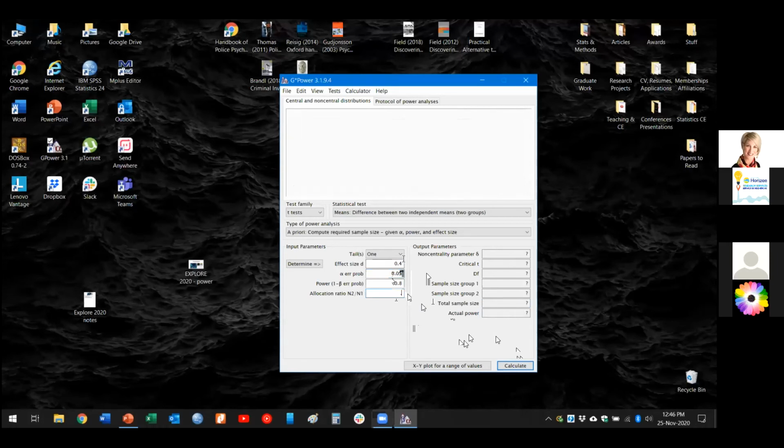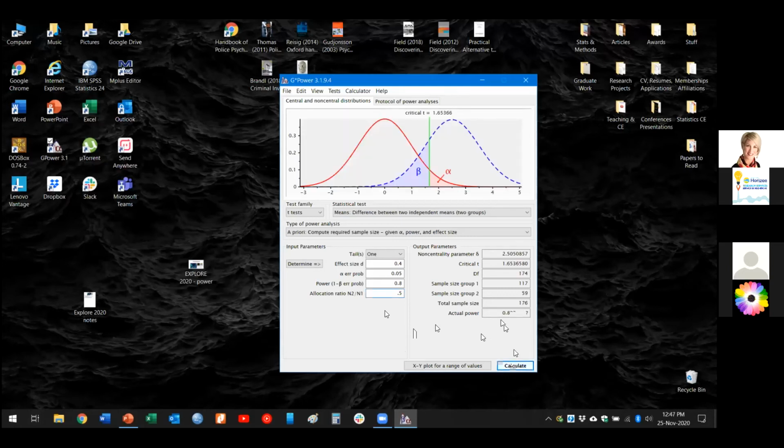So let's say that my treatment group is half as small as my control group, 176. So you can see here that my control group is 117 and my treatment group is 59 for a total of 176. So again, this is just an estimate.